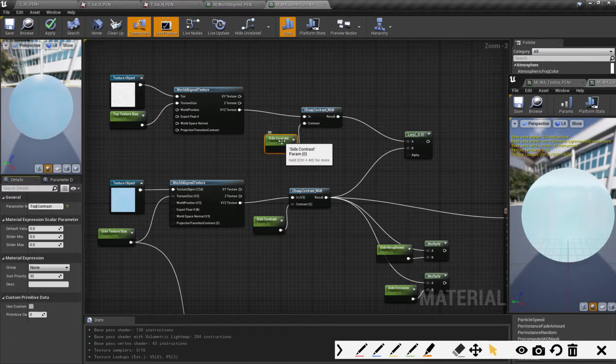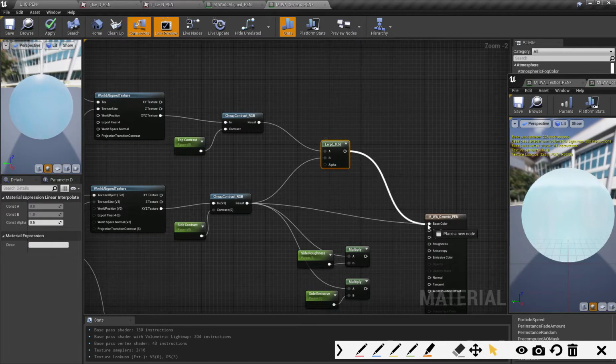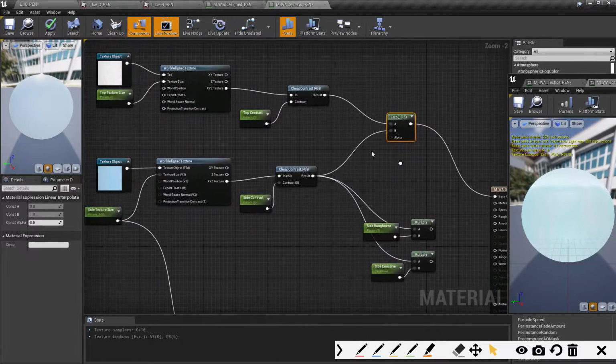Make sure you change these names. If they're named the same, it'll take whichever one was first, I believe, and you don't see the other one. So they've got to have different names. So now that these are lerped together and I plug these in, so you see I can't see anything else,